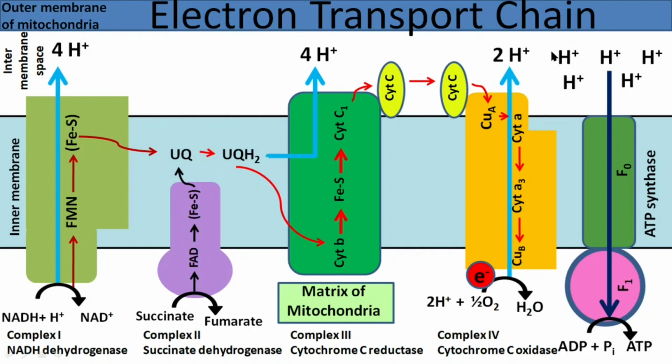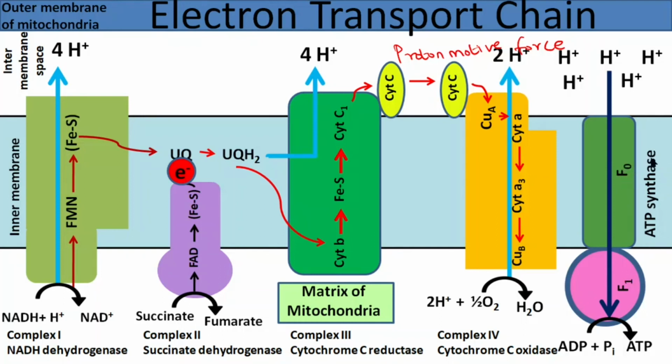When protons accumulate, there is not only establishment of proton gradient, but also pH gradient across the membrane of mitochondria. These protons tend to develop a force known as proton motive force. And with this force, they try to enter through the membrane into the matrix of mitochondria. But inner membrane of mitochondria is impermeable to proton. The only region through which they can enter into the matrix of mitochondria is through this F0 portion of ATP